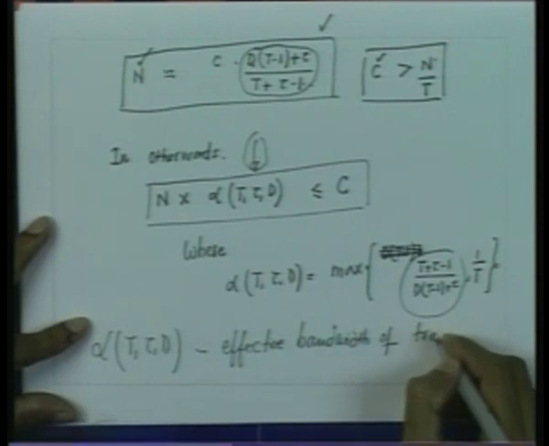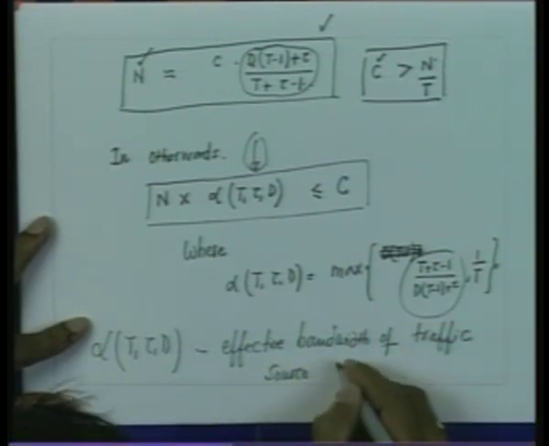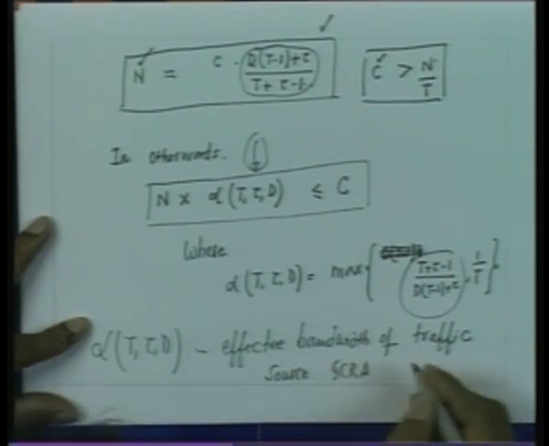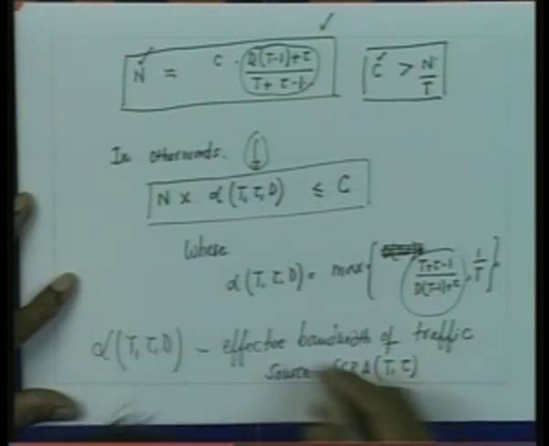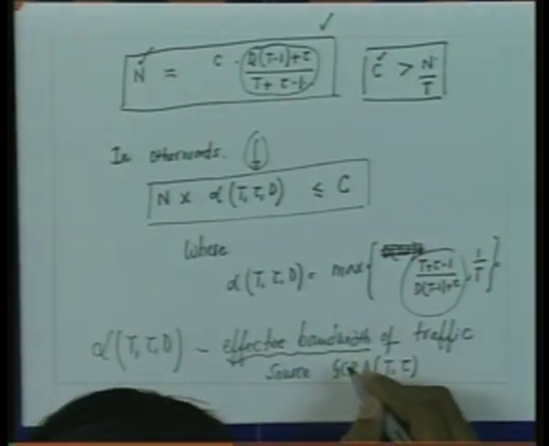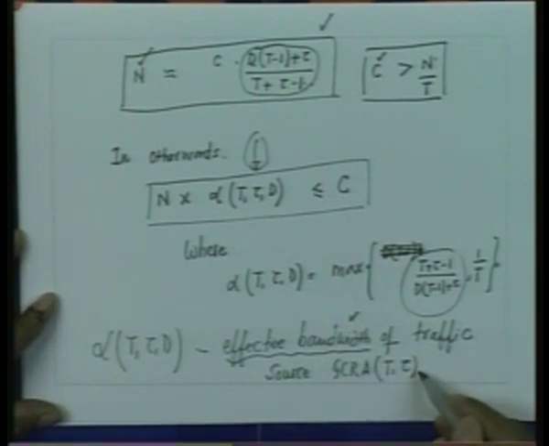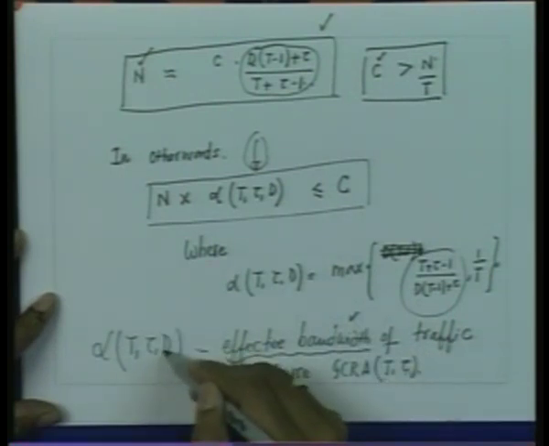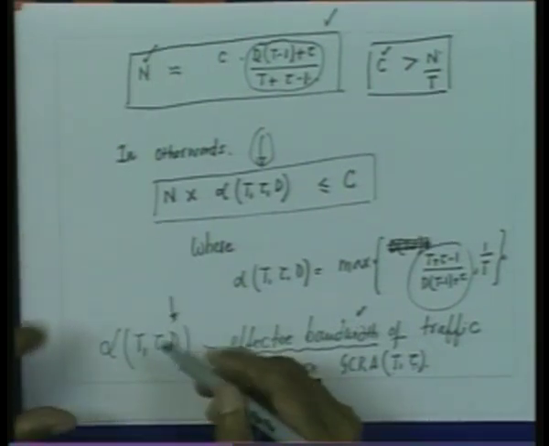Effective bandwidth of the traffic source which is having the parameters of GCRA T, tau. Now this notion of effective bandwidth is very important in communications networks. What we are saying is that this effective bandwidth is of course a function of the traffic descriptor, which is GCRA T, tau, but it is also a function of the quality of service attributes, which is delay, which is quite